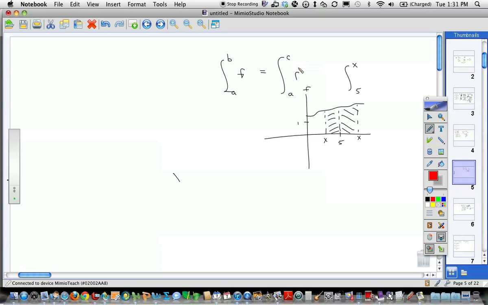I don't know if this is exactly how we wrote it the other day, but this is one version of that, where the integral from A to C plus the integral from C to B would equal the integral from A to B. That's one. And then another thing you might use is this idea that the integral from A to B,